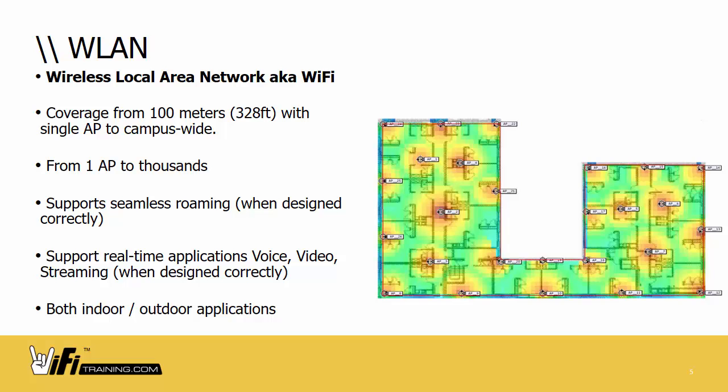But essentially, we can support real-time applications. We can get you very good data rates. There are theoretical physical speeds now of well over gigabit speeds for Wi-Fi. Now, that may not be realistic in an enterprise today, which is another thing we'll mention later. But the speeds are approaching that of wired networks, and most devices nowadays are not even including wired adapters. This is pretty much the number one network access method now. With our smart devices, all that kind of stuff, it is awesome. That's why we're here, and there's no better time to be learning this technology than right now. Of course, if it's designed properly, we can support voice, video, streaming, and indoor and outdoor applications.